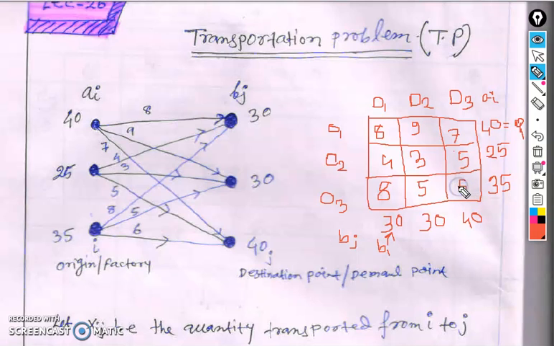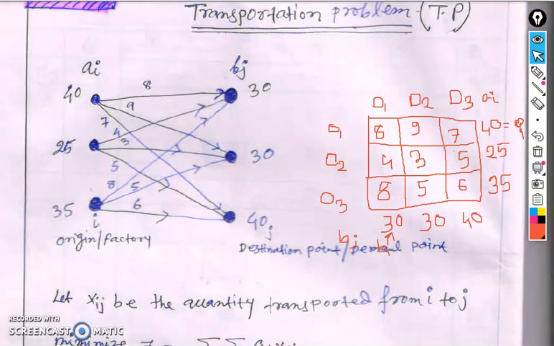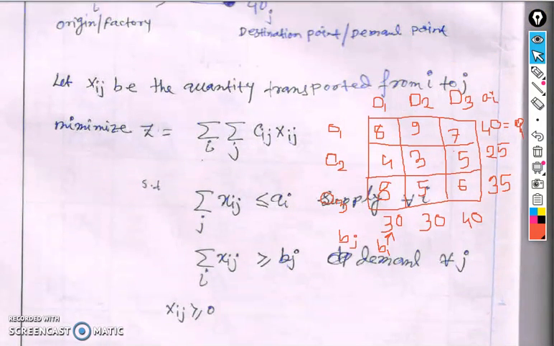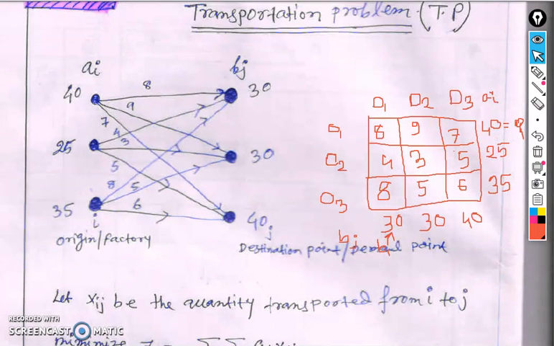So it is the tabulation form of the corresponding graphical representation of the problem. Exactly, that's why when we solve a problem, the problem structure should be in that form. Okay, so when we move to the formulation of the transportation problem, if we consider this one, exactly in this